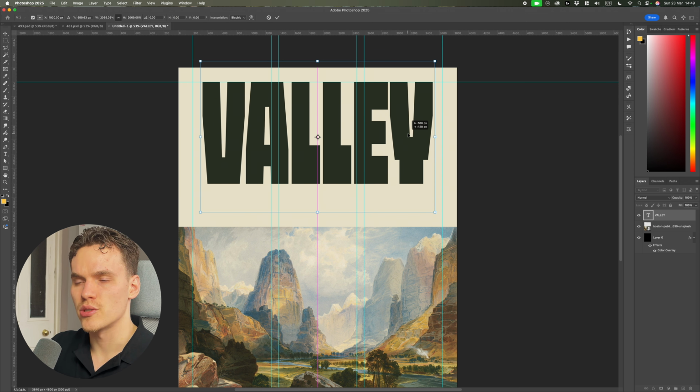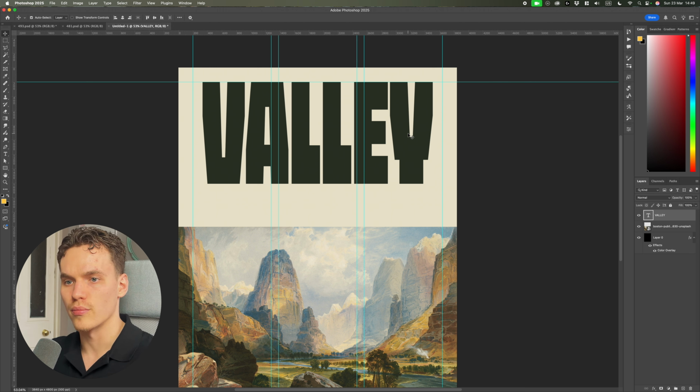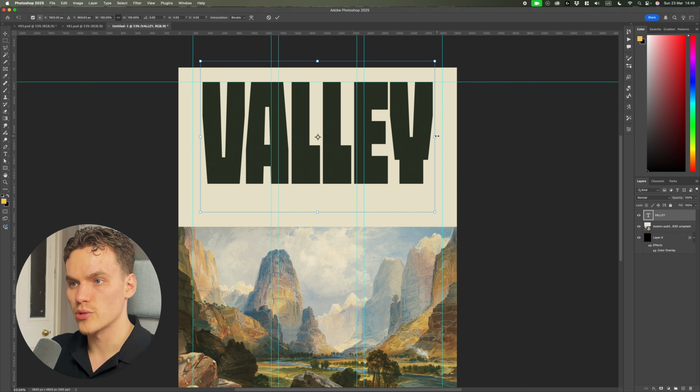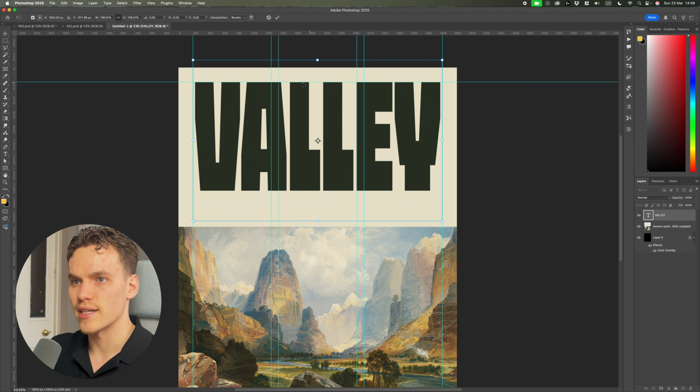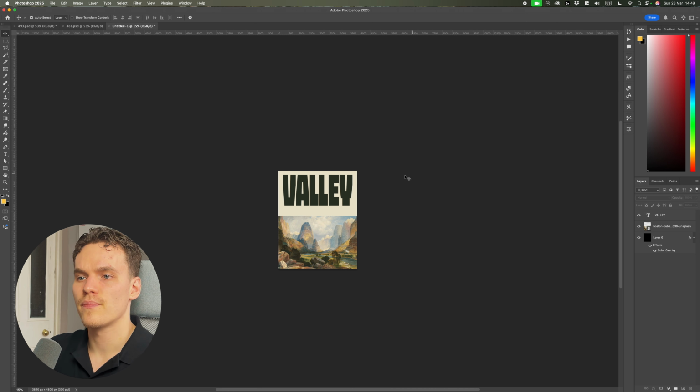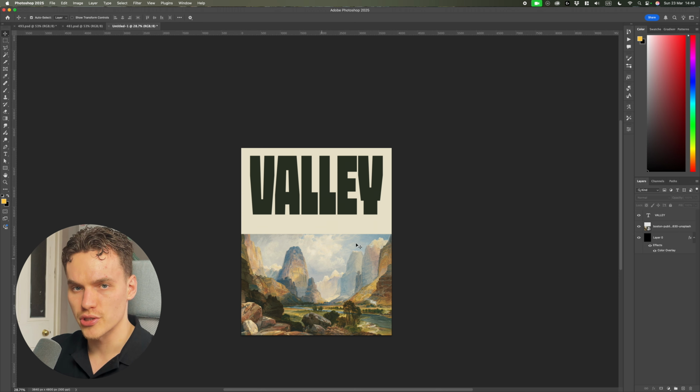So this word composition wise, in terms of how long the width is, fits perfectly within a top and bottom composition. So I'm going to hold Option, extend this to the transform tools. I'm going to extend this to the margin lines and then just drag that down to the top of the margin line here. So now from this point, without trying to take the text out of proportion, you have some